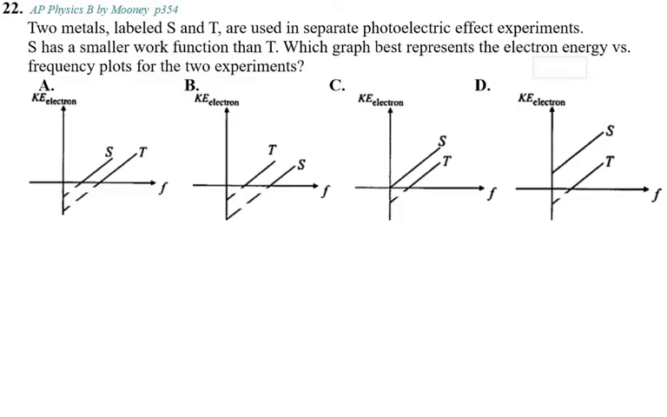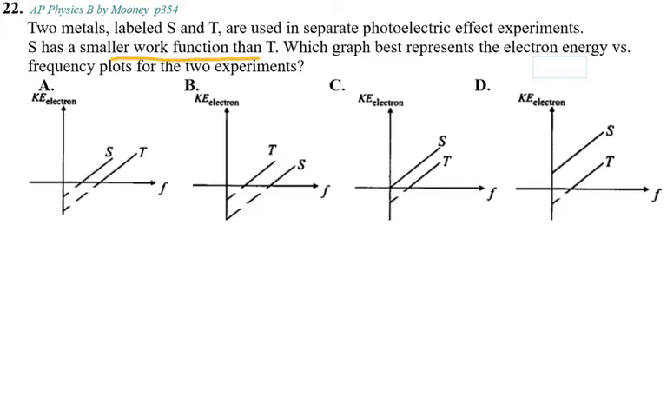In this question, they say two metals labeled S and T are used in separate photoelectric effect experiments. S has a smaller work function than T. Which graph best represents the electron energy versus frequency plots for the two experiments? Because S has a smaller work function,